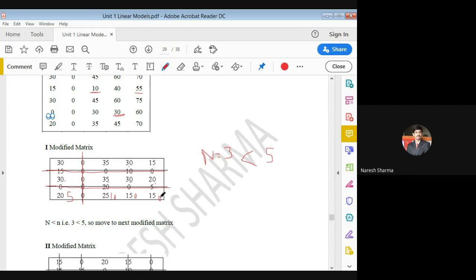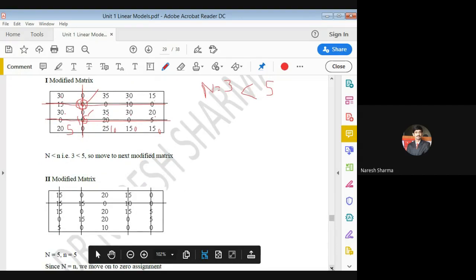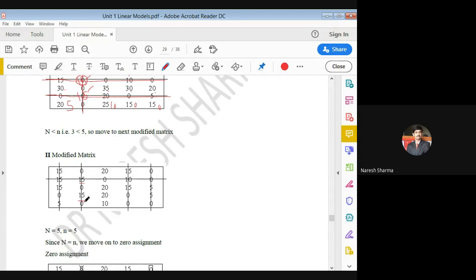Subtract from all. Also, after subtracting the minimum uncovered element from each uncovered element, you also add it to the intersecting points. So add this minimum element, that is 15 itself, at the intersecting points. We have two intersecting points, so we add 15 at these two points also. Please add at these points and subtract from all uncovered elements. Once you do that, you get this matrix. You can match this: we get here 5, 10, 0, 0. At these locations we get 15 because we add 15 at the intersection.